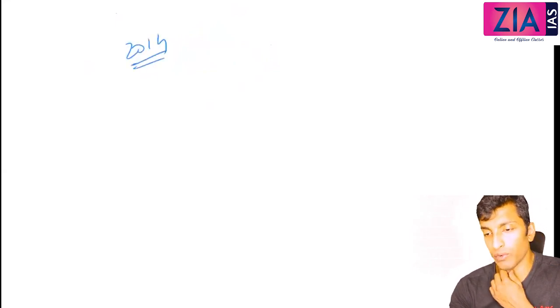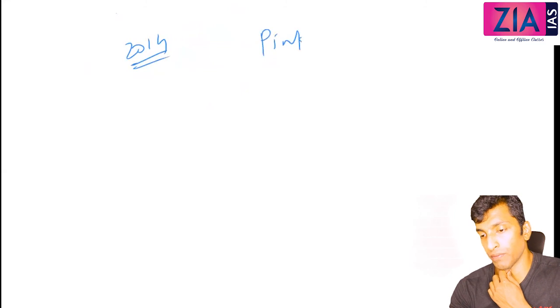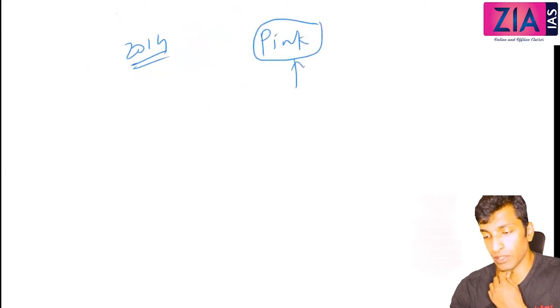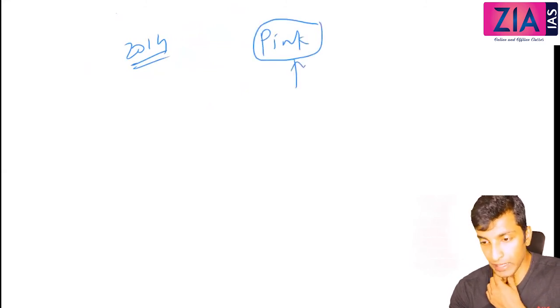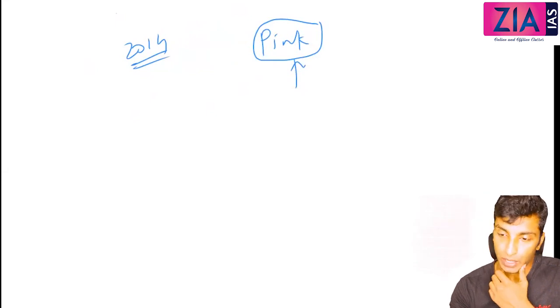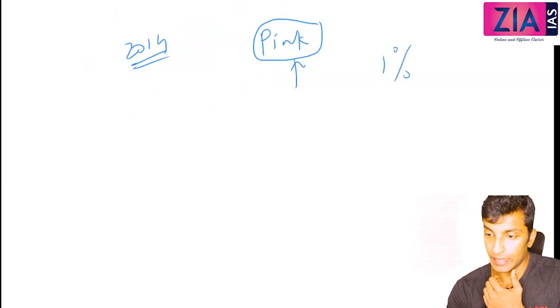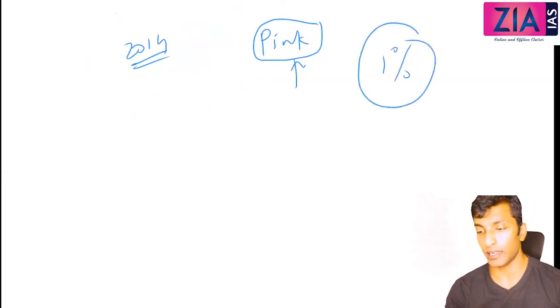Okay, there was a question in 2014 in mains. What is pink revolution? That time nobody knew about this, and it was actually a mains question. Most of the people actually missed this question, and hardly 1% knew at that time. Now everybody knows it is related to shrimp, it is related to meat. Okay, shrimp it is related to.